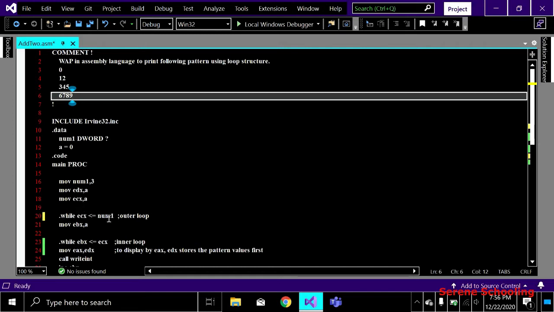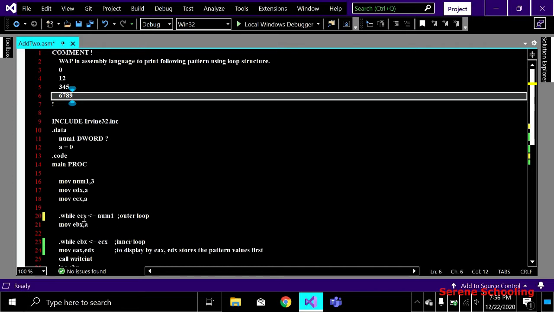This is how the while loop works, .while and then your condition. So I'm comparing ECX, that is 0. Is 0 less than or equal to 3? Yes, true. We'll go inside the loop. This is my outer loop, this is my inner loop. We are using nested loops because this is how you can control both rows and columns at the same time.